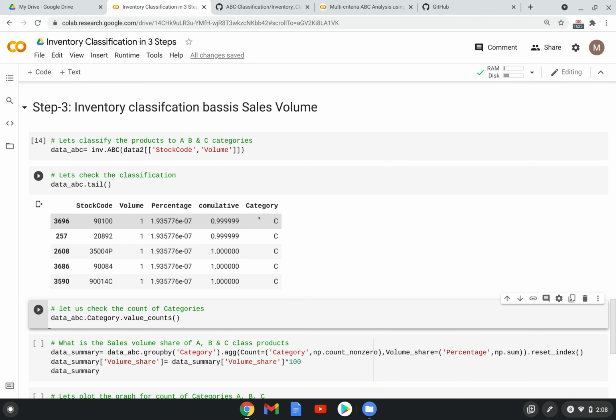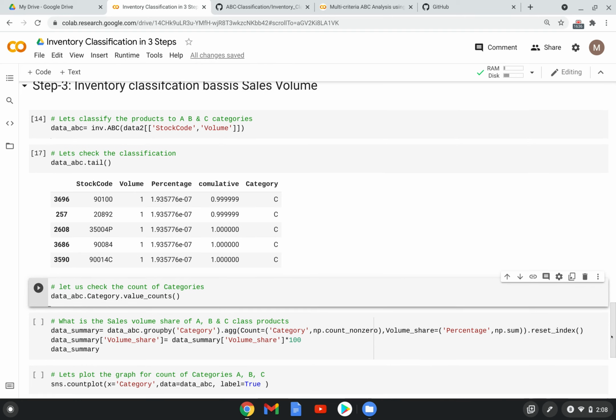The first five belong to A category, and the last five also belong to C category. In the middle, it's a mix of A, B, C, and all these things there.